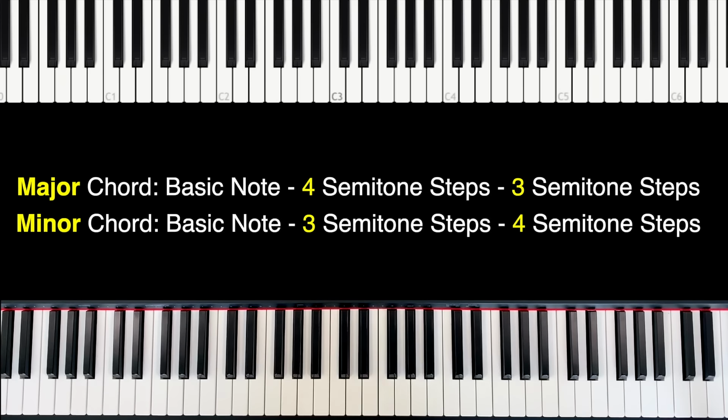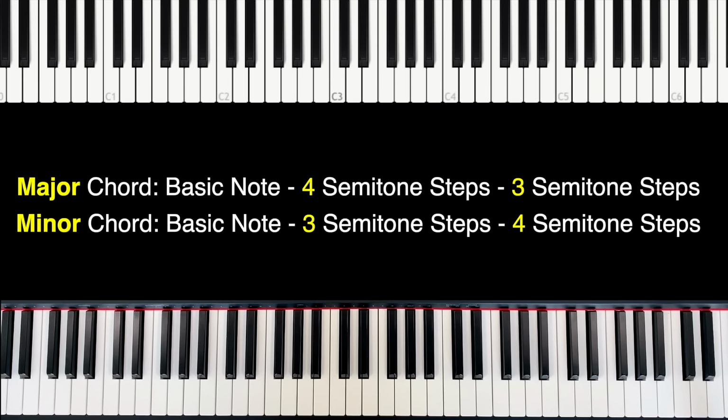So now it's your turn. Let's say we pick a D. So, how do we play a major chord from a D? Which one is it? Try to find it now. Okay, I'll help you. 1, 2, 3, 4. With a major chord, first the 4 and then 3. 1, 2, 3. So this is a D major chord.